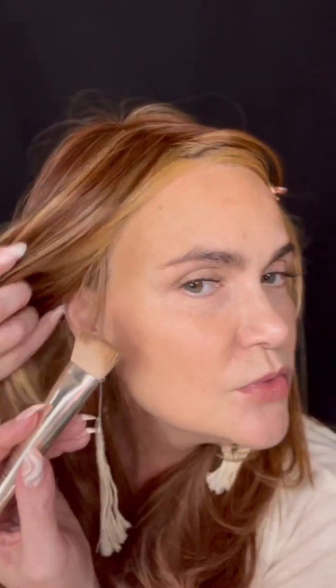All right, cheeks. Top of the ear, put your finger here underneath your cheekbone, and you're gonna end it at the corner of your eye. That's all there is to it. So I like to wiggle the side of my brush and pick up on the side, and we're just gonna follow this bone, underneath this bone. And I like to swoosh mine up at the end. So it's just like this. And I'm not gonna be coming back here. That's it. Let's do the other side. And see how I just carved out my cheekbone? This is really easy. It's your best friend. Just swoosh it up. Do not be afraid